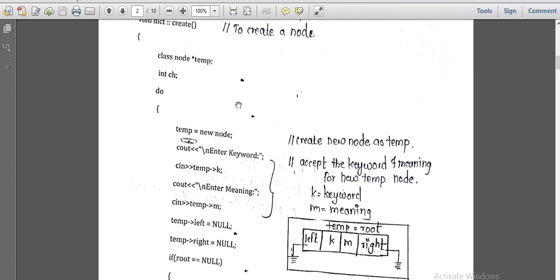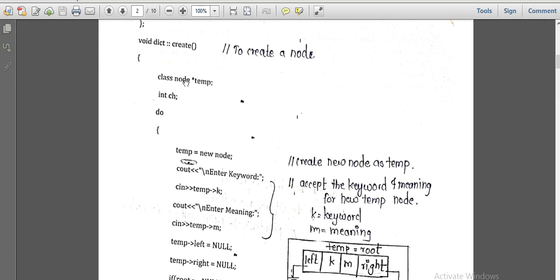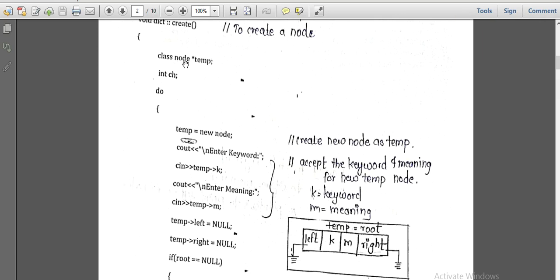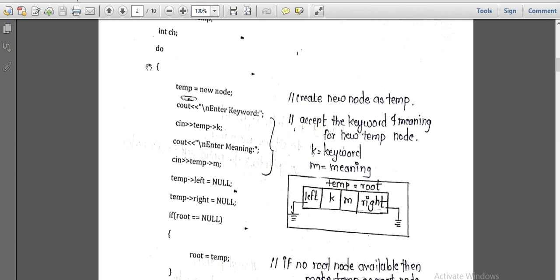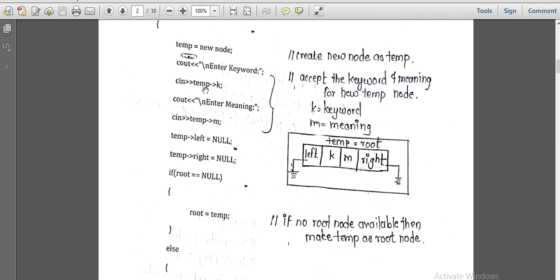Now the next thing is that in that function we have defined one temporary variable of the class node, and after that a node pointer variable. After that we have initialized some variables. Now here we have created a new node, that is, a temp node.